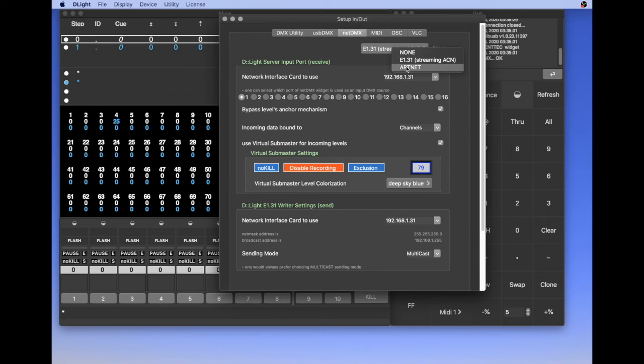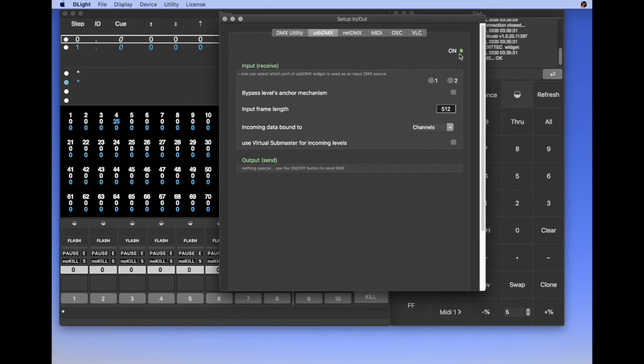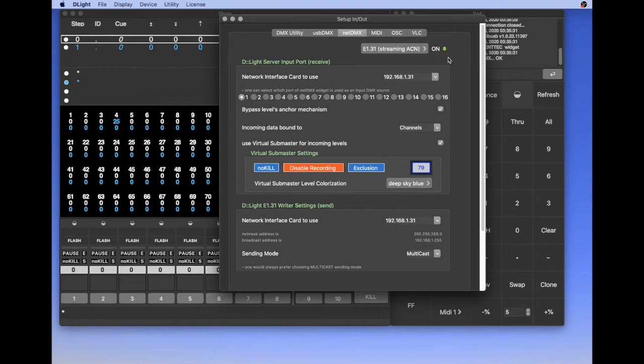ArtNet we won't see because it's longer, and streaming ACN is really cool. And just one thing, I don't know if you have noticed, but USB DMX is on at the same time as Net DMX is on.